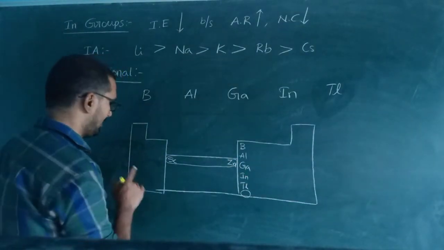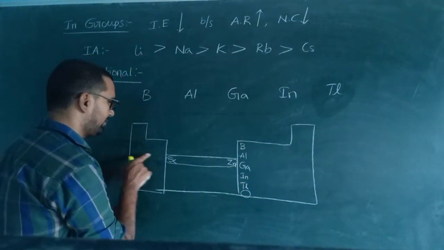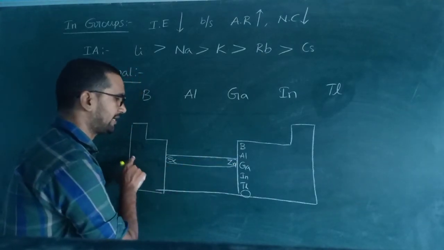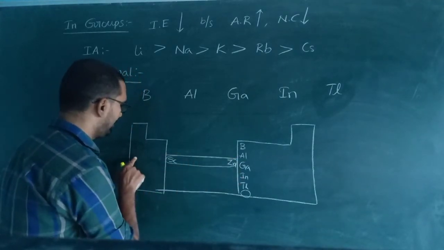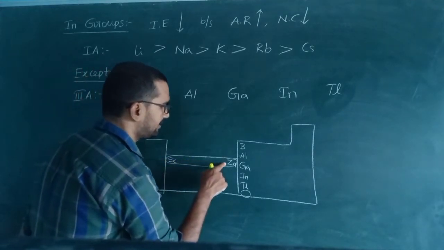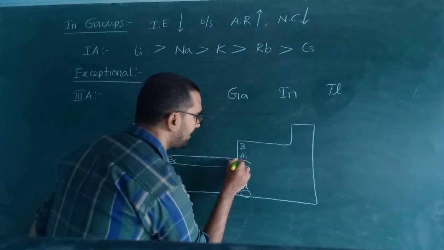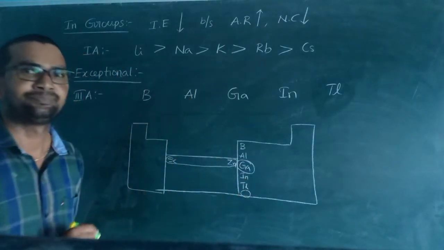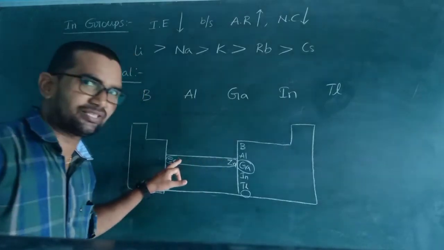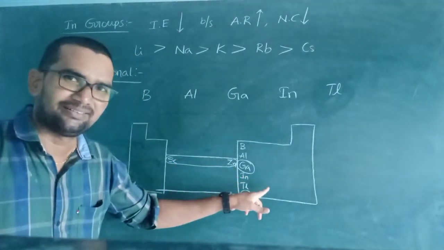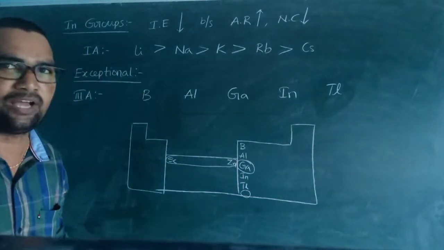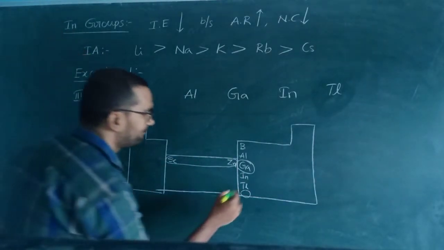That's why here to here size is decreased. This is period. On period, atomic size or atomic radius decreases. Here to here decrease. Then gallium is coming. This is simply called due to the 3D electrons. This one shows different character. And also one more point. This is also very, very interesting. For thallium.